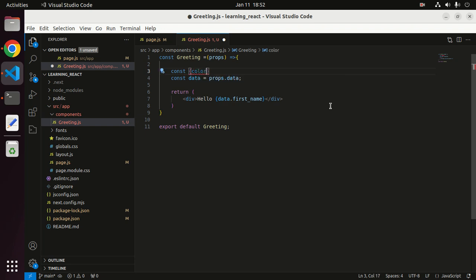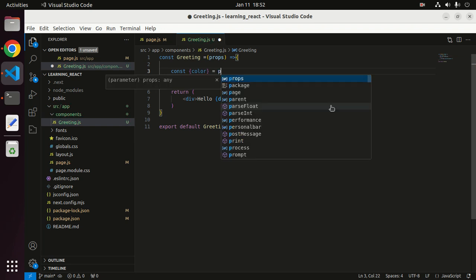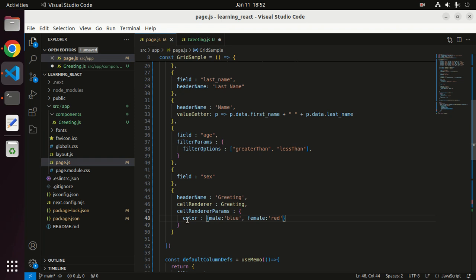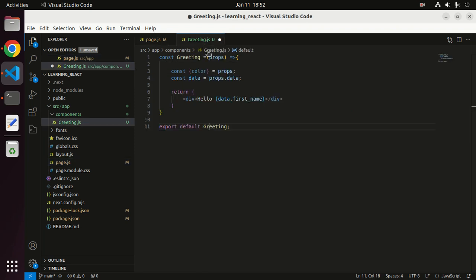Color and the props. So this color will be available here. This color is available there. Now we are changing the div's color,